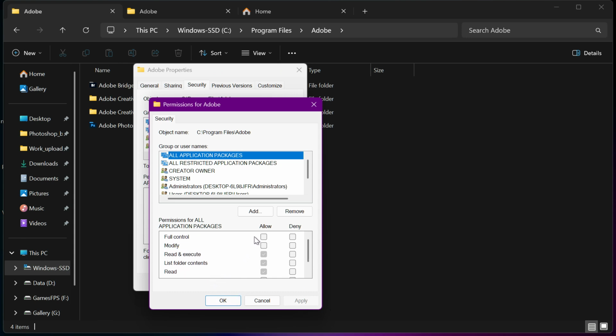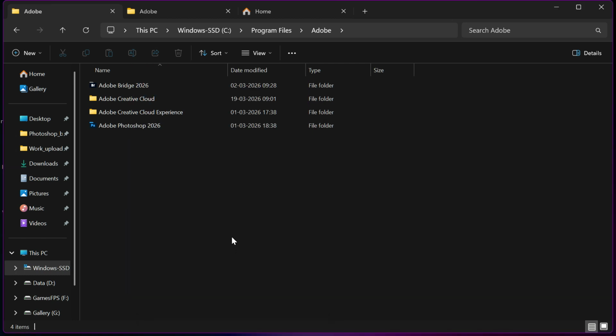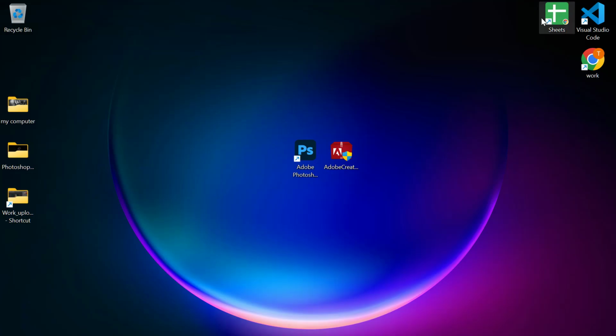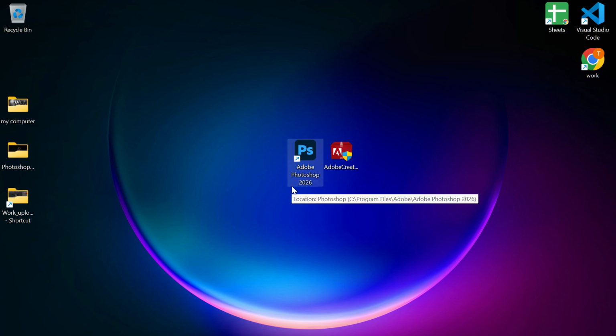You should repeat this for each Adobe-related folder listed, especially if the installer was blocked from writing files in more than one location. If Windows asks for confirmation or admin approval, allow it so the changes can be applied correctly. After adjusting the permissions, go back and run the Photoshop installer or update again. In many cases, this step clears error 21 because the installer finally has the access it needs to complete the